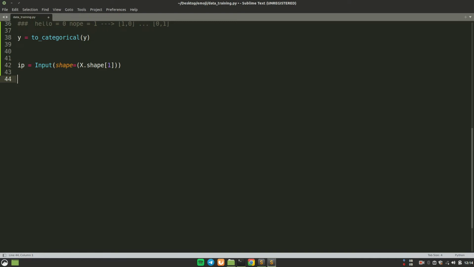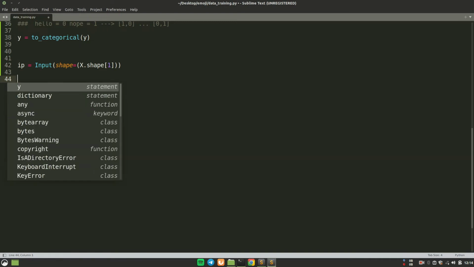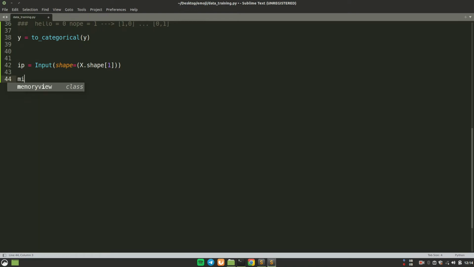Let's create the middle layers. We'll say, what do we call it? Let's call this M, dense, and number of units, let's say 512. Activation, let's give it activation of ReLU. Let's connect it with the previous one, which is IP. Let's copy this, and it has to be connected with the previous one, which is M, and change to 256